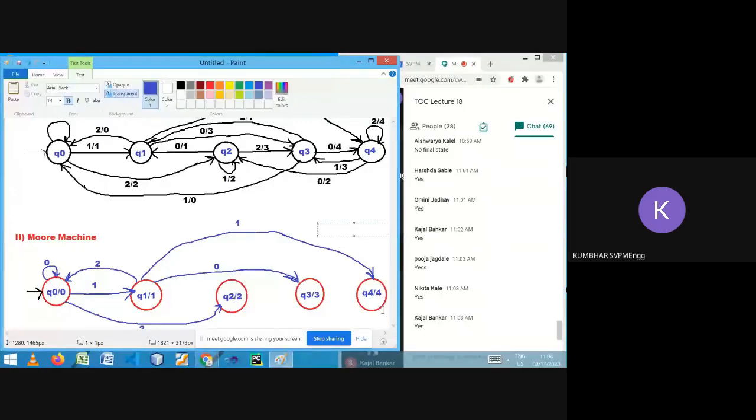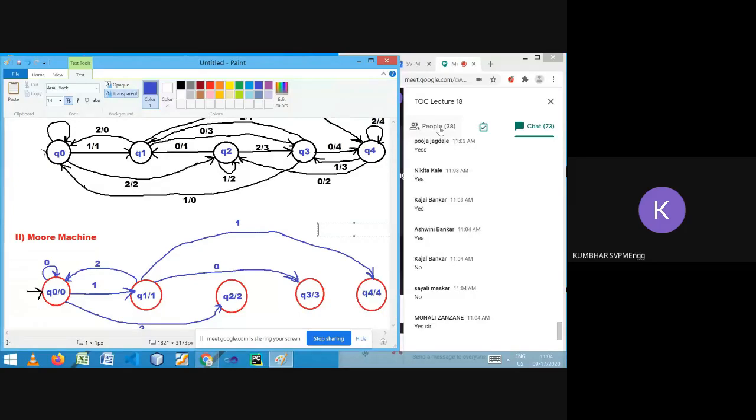So today we will stop here. But probably tomorrow will be the final lecture where we will complete. Not tomorrow, in the next week. We will understand the conversion, Moore to Mealy and Mealy to Moore. Is it okay? Any doubt in today's session? Do you understand how to construct the Mealy machine, how to construct the Moore machine? Yes, sir. Okay, great.